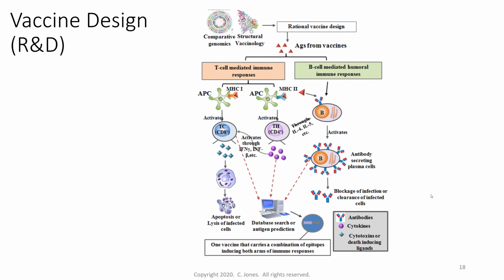Quickly, this is a complex slide, so don't freak out here, but I just wanted to point out that one of the reasons that we've been able to achieve vaccine candidates so quickly is because we are now doing what we call rational vaccine design. And this incorporates bioinformatics and artificial intelligence. By interrogating the RNA sequence, by interrogating the proteins on the virus, we can very quickly come up with potential candidates, right? Antigens, things that stimulate your immune system. We can come up with candidates for the vaccine.